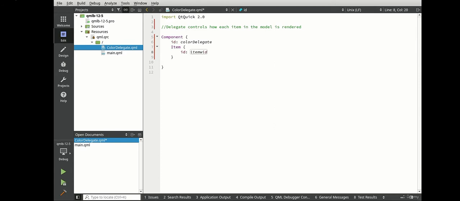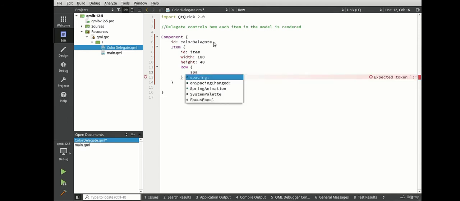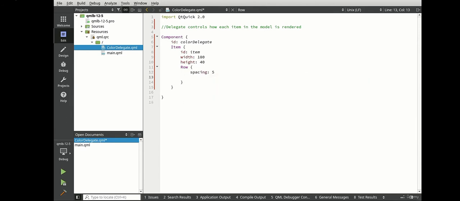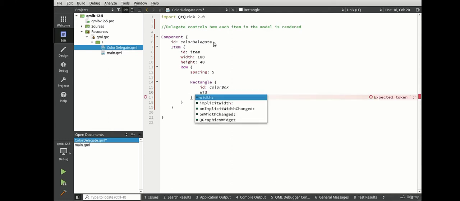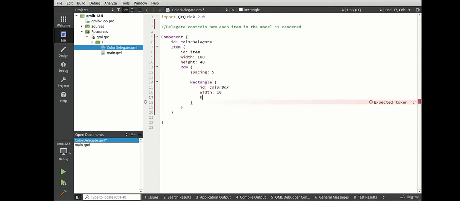We want a width. We'll say 180 and a height of 40. Row. Let's go ahead and do a spacing of 5. And let's make a rectangle here. And let's call this a color box. Pretty self-explanatory. This is where we're going to actually render the color here. And we're going to say width 10, height 10,